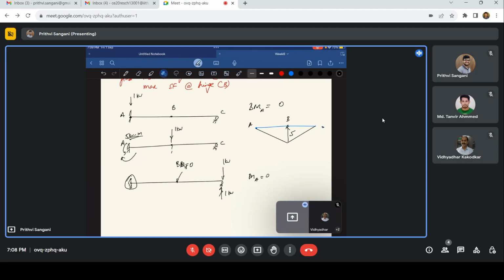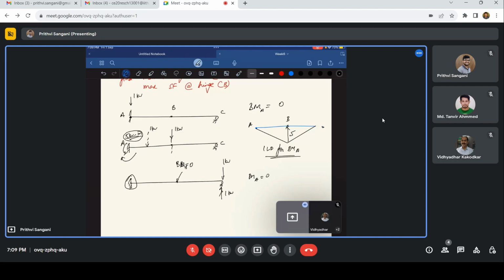Okay. So how is this linear? Again, this is self-explanatory. You just place a load here, 1 kilonewton here, and you keep on moving this load. You'll have a linearly varying bending moment at A. So this is how we got a linear variation of the influence line diagram for bending moment